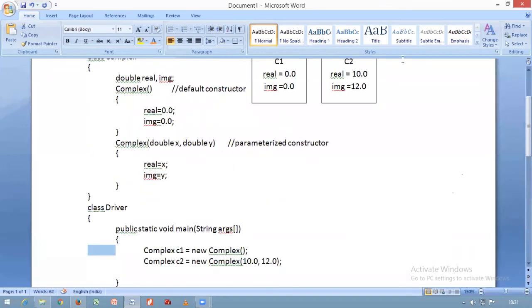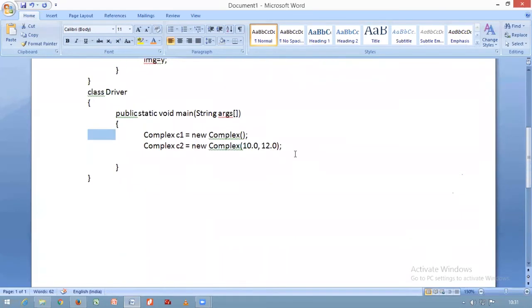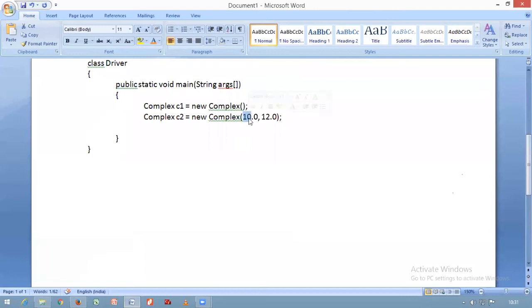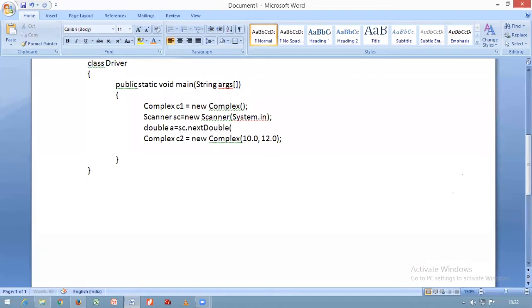Okay, like this. Here instead of giving constant values, what you can do is get values from the user. Read from the standard input device System.in. Read two values. A is equal to sc.nextDouble. This is the method to read the double values. I need one more input.